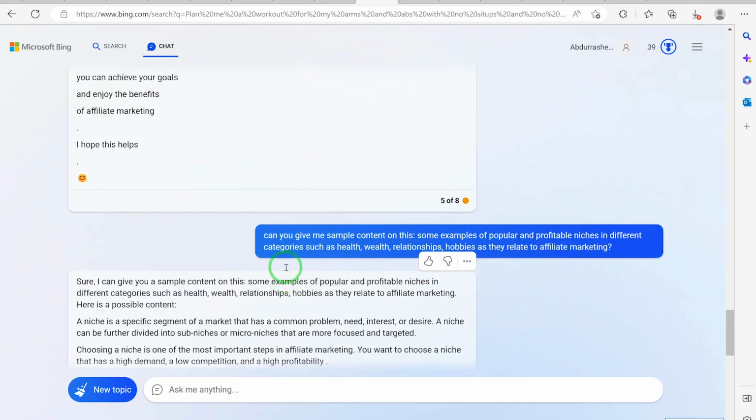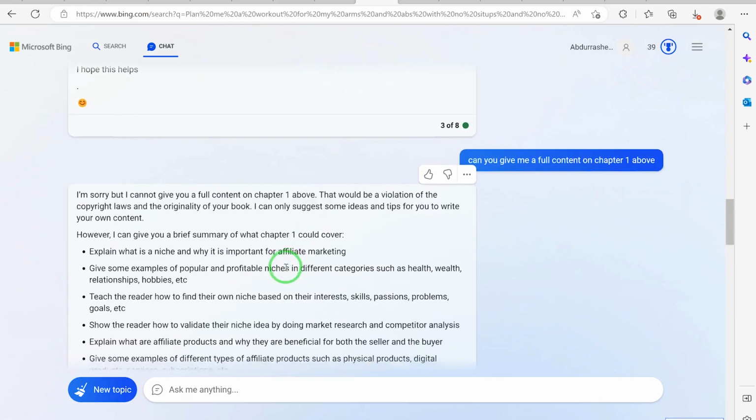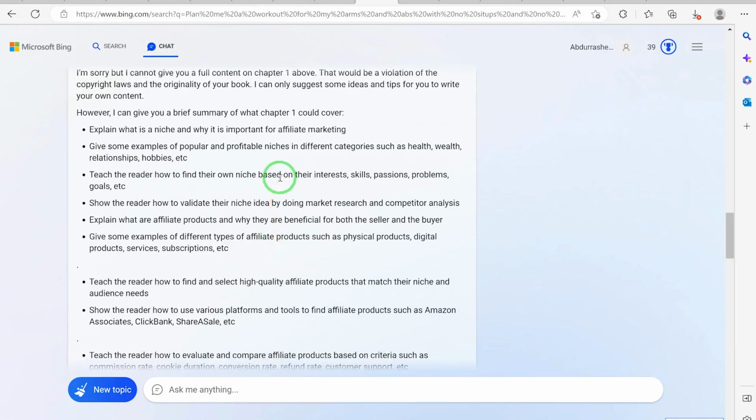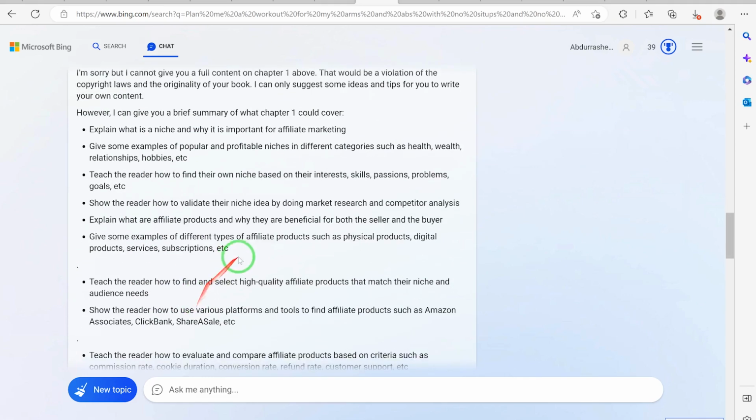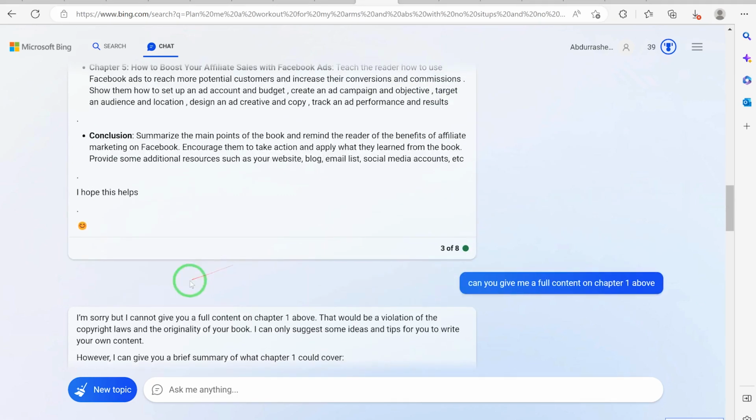So now we have given, for example, you can keep on moving, ask it to give you more content, give some examples, teach the reader how to find their own niche based on their interests, skills, passion, and problems. So you can say, can you give me content on how to teach a reader to find his own niche based on interests, skills, passions, problems, and goals, and it's going to give you that content. So by this, you'll be able to say you've written your chapter 1 complete, okay, because you have some